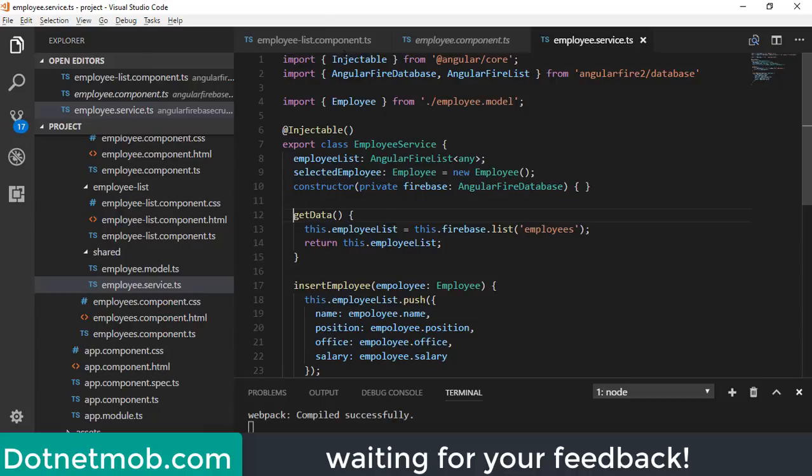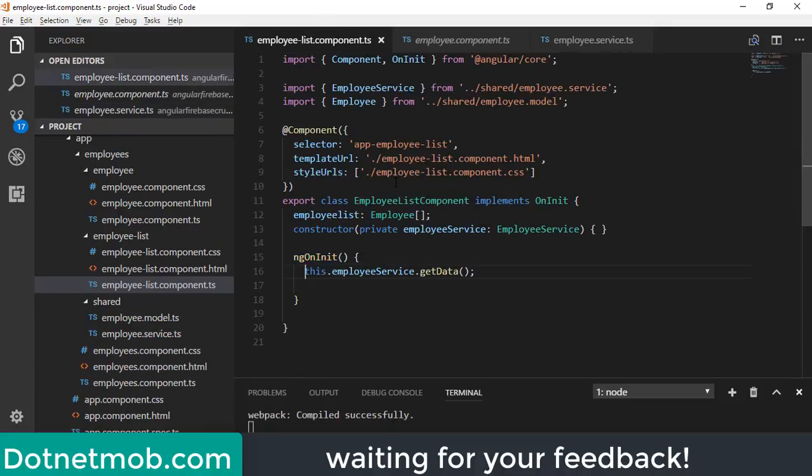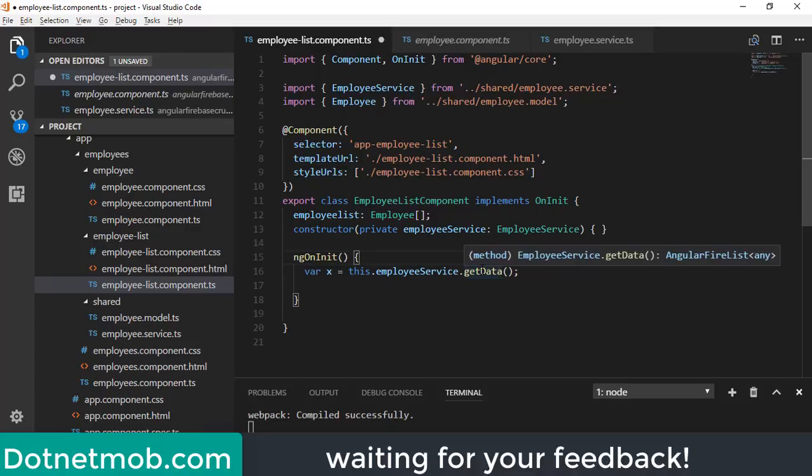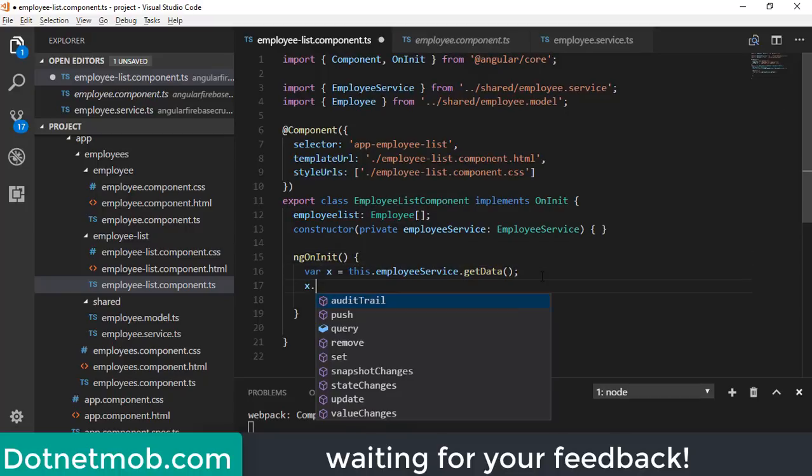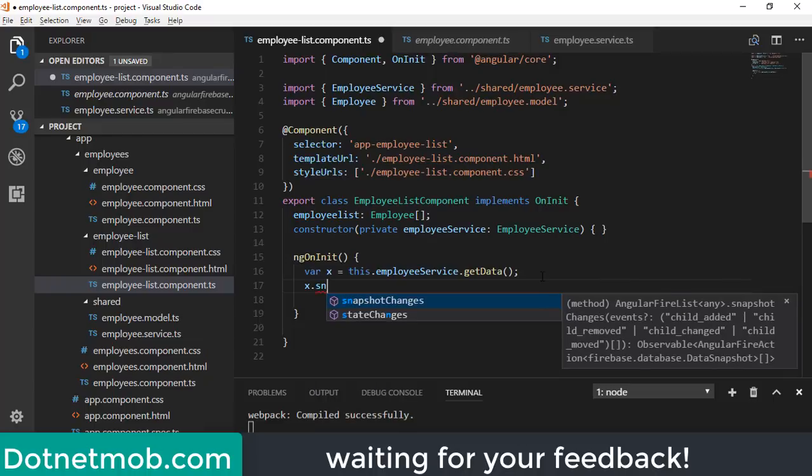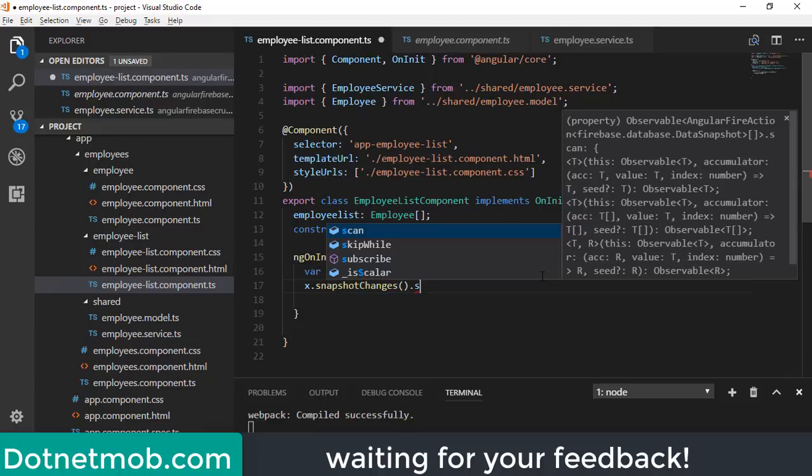Inside this getData function, we are retrieving the AngularFireList, and I'm going to assign this returned AngularFireList to a variable here: var x is equal to AngularFireList. Now we are going to subscribe and iterate through the list observable to get the employee list. For that, we can do this: x.snapshotChanges().subscribe.